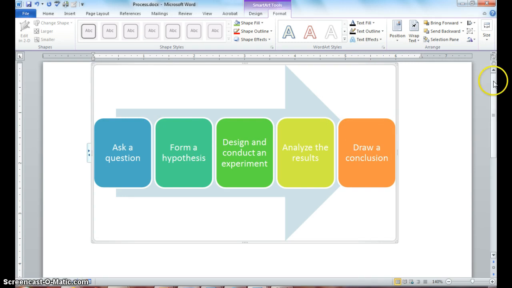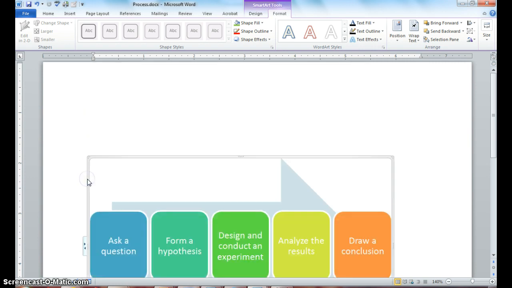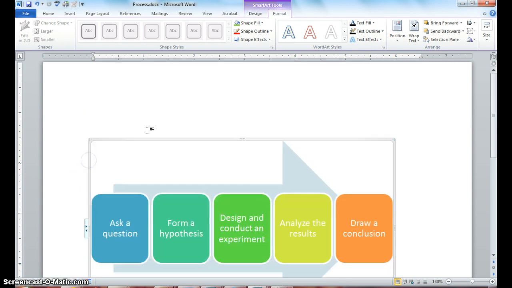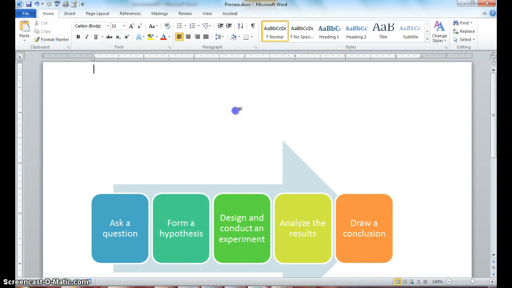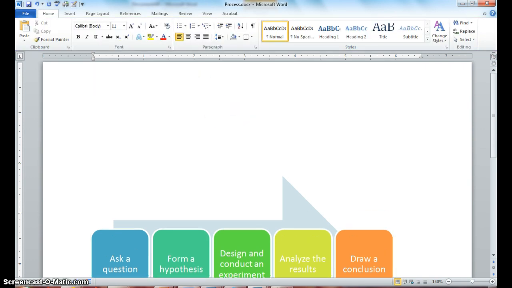Now what happens is when you select Square, it allows you to move your graphics anywhere within your document. So let's get our move handle by clicking on the outline of your SmartArt shape, and let's move it down to the middle of our document and position your insertion point at the top, enter down,